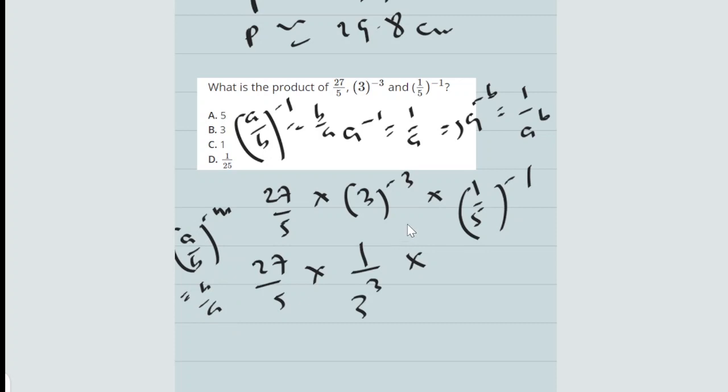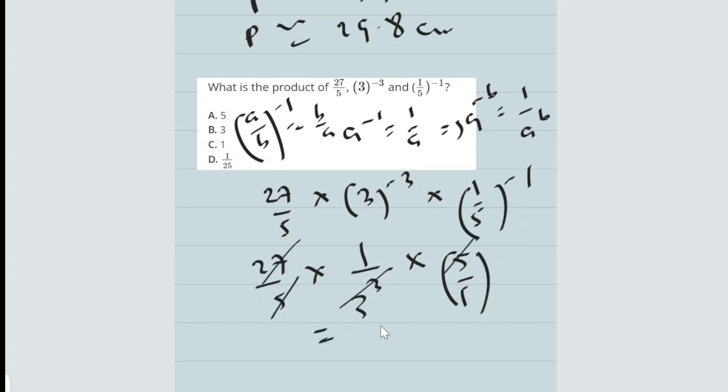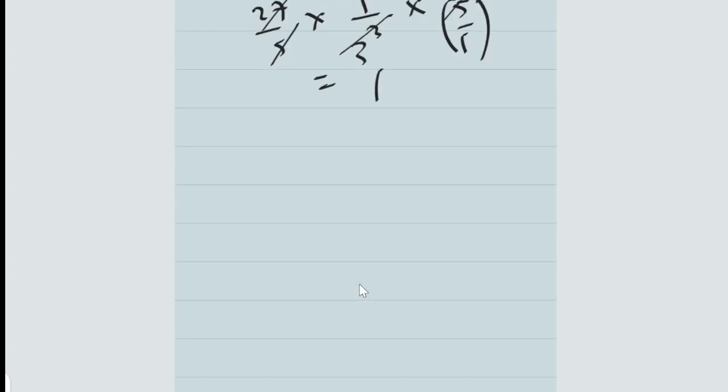I hope you understand. Now if you apply the same law here, then I'm going to have 5 over 1, everything raised to the power 1, but you don't need to write it. You will see that this cancels this and this cancels this. What do you have left? 1. Very simple, isn't it? Yeah, it is. Okay, now the next question, I think we are in question 12 or so.